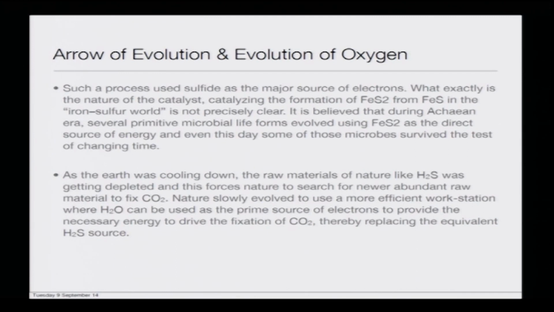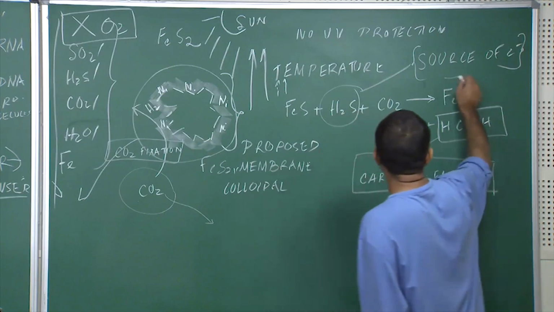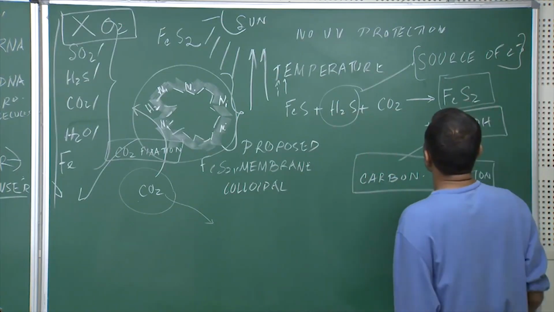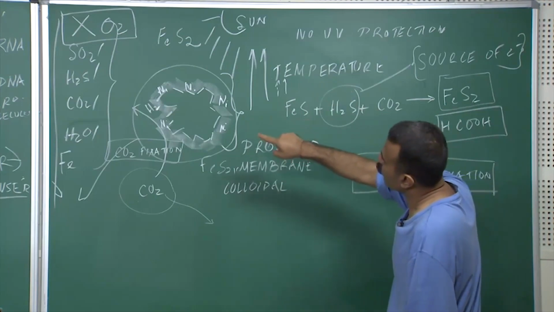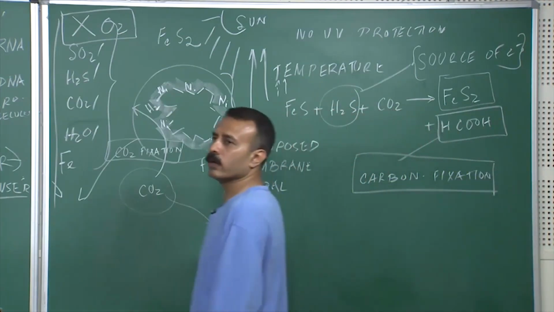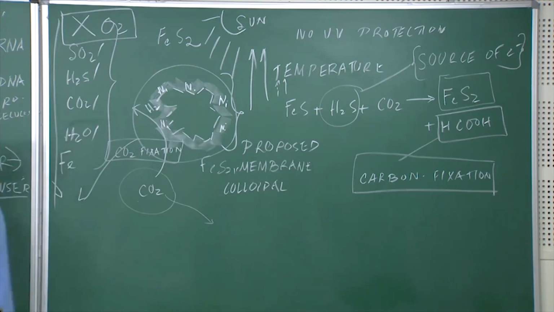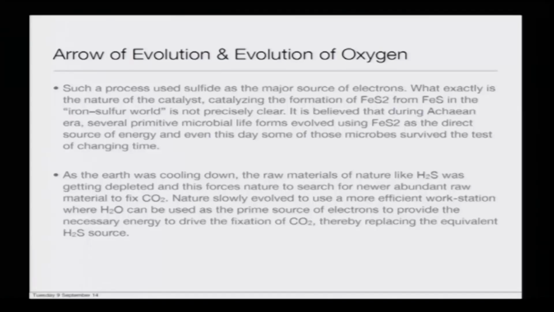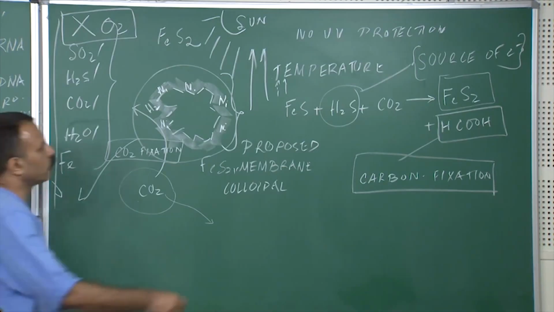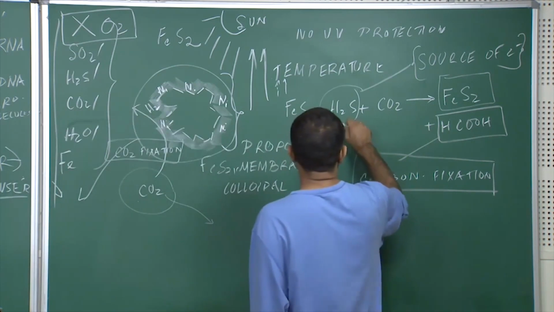So, what is important to highlight here is FeS2 has been used as a source of energy by a series of microbes, and probably they evolved in the pre-Archean era or soon during that time. But as the earth was cooling down, things started changing. Okay? The raw material like H2S was getting depleted. So, now there is a depletion of this H2S as we are evolving out there,